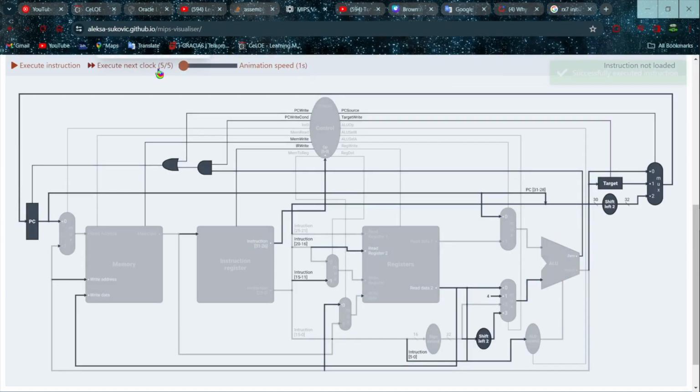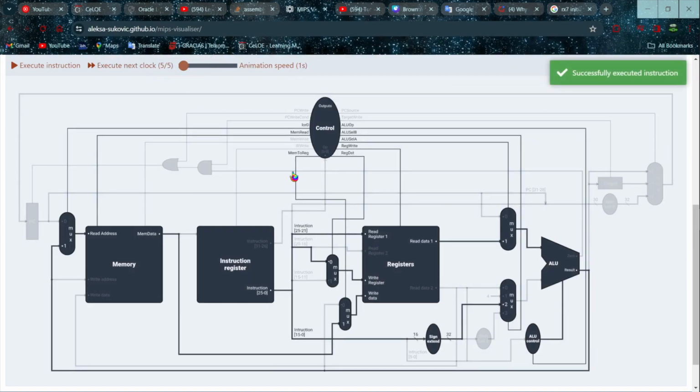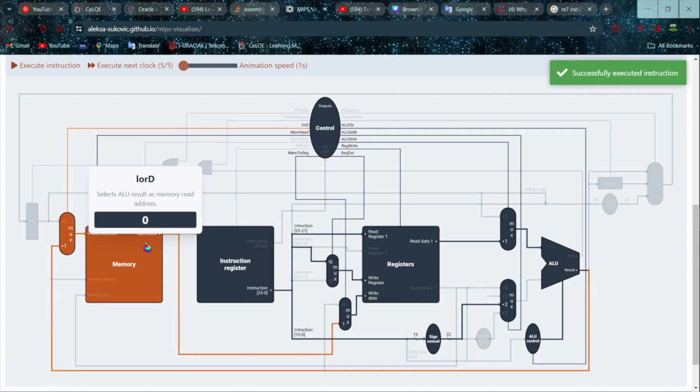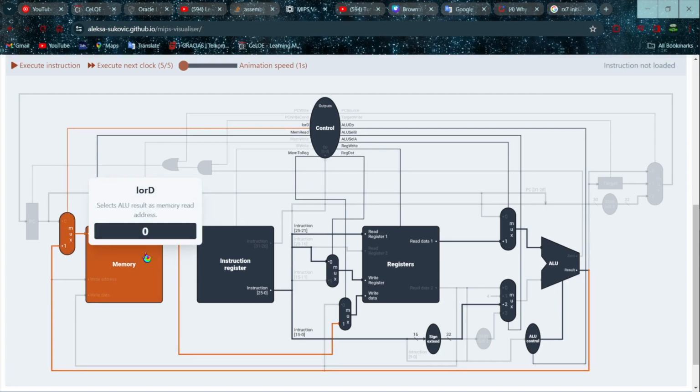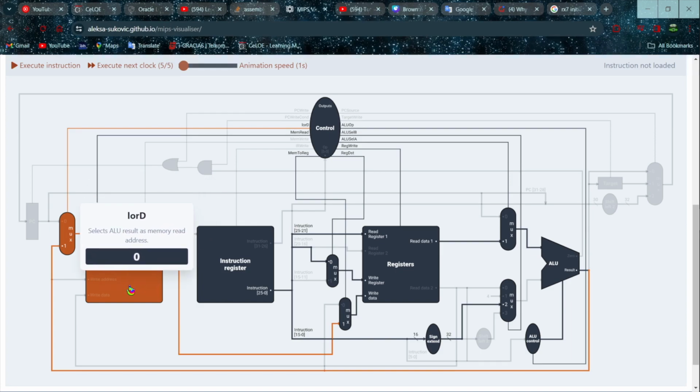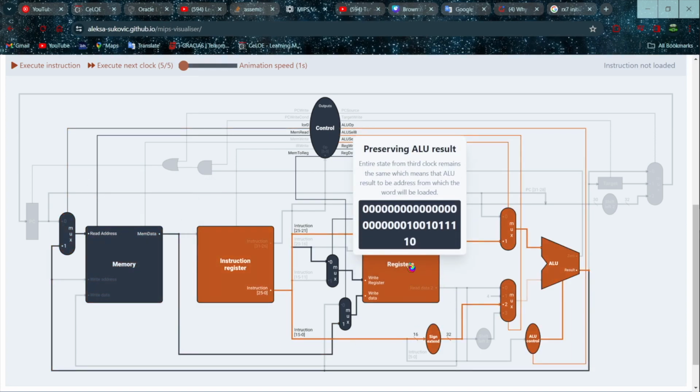And then the last clock: the memory is already stored in the register address, the register memory.